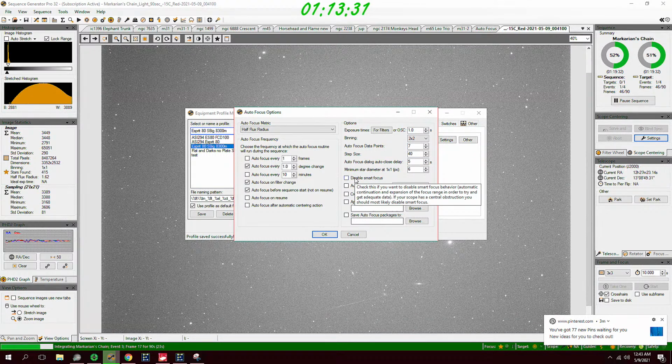These will not work unless you have a 2.5-inch Moonlight focuser, CFL. Then this might work for you. It usually will for that type of focuser. But for anything else, you're going to have to play hit and miss, unless you find someone else that has